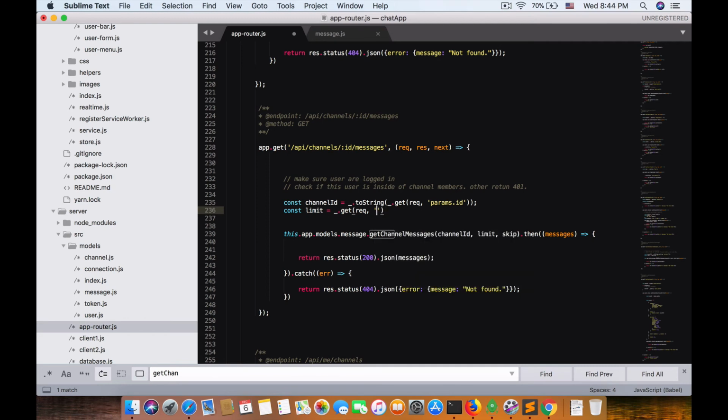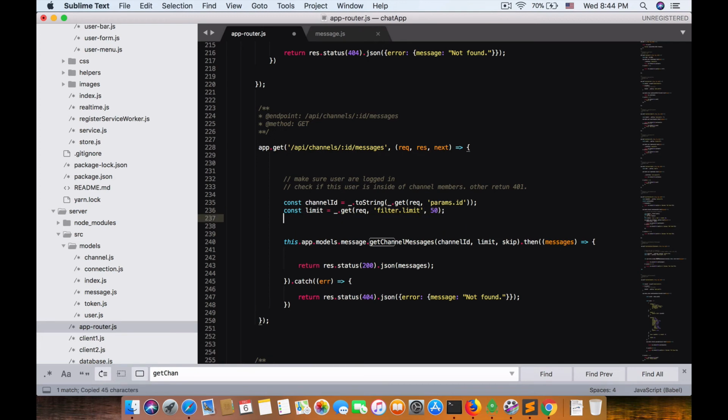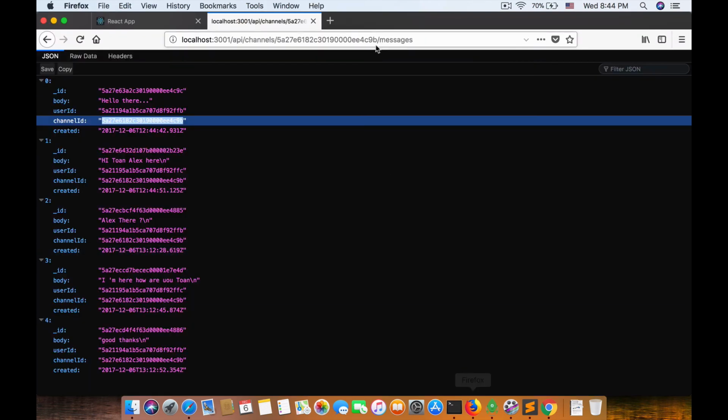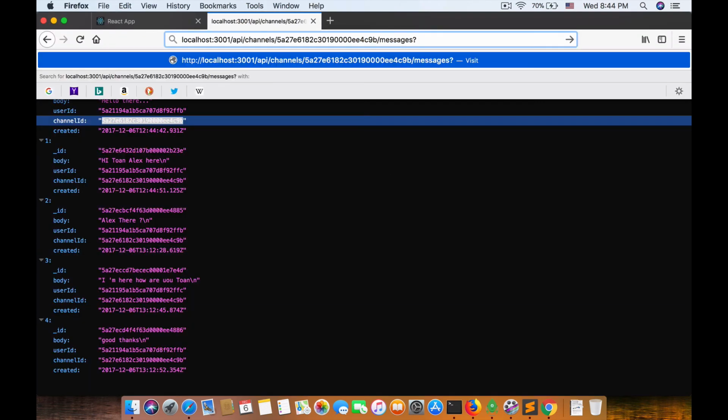Alright, so simply I think we can do this request filter and limit, by default 50, and copy that, and offset, and this can be filter offset, by default give it 0. So here we got offset and skip, limit offset. Okay, so in this case I'm trying to make a filter equal